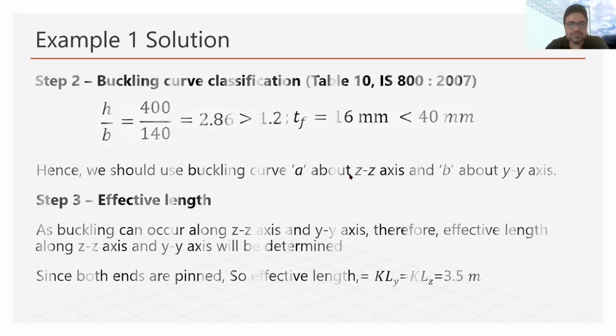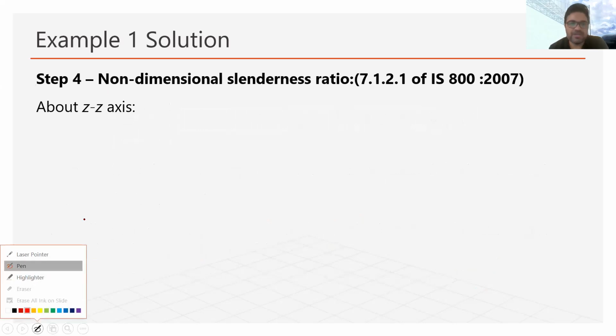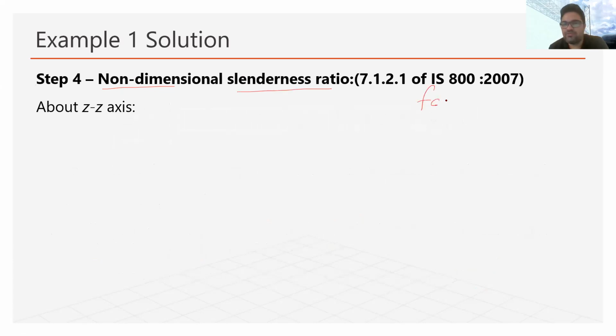Now, in the next step, we will be required to find out the value of non-dimensional slenderness ratio. Well, we should again understand why are we doing this? Why are we calculating non-dimensional slenderness ratio? Basically, to find out the value of FCD. To find out the value of FCD, we are required to find out the non-dimensional slenderness ratio, which we represent as lambda. So again, I will be showing you this from the IS code, as it says that if we go to this clause number, then we can find out the formula to calculate the non-dimensional slenderness ratio.